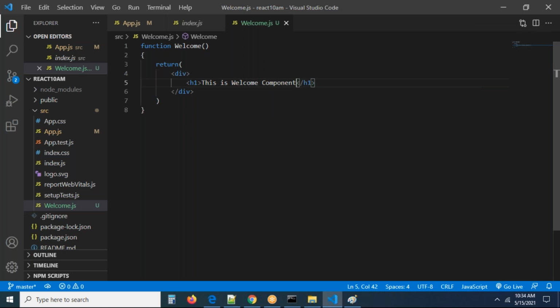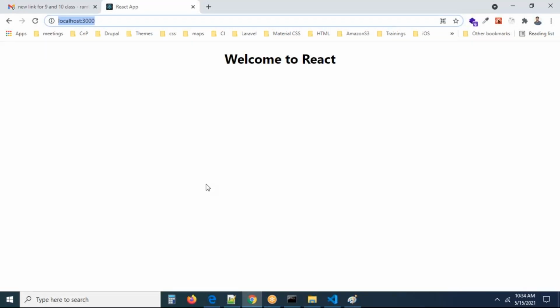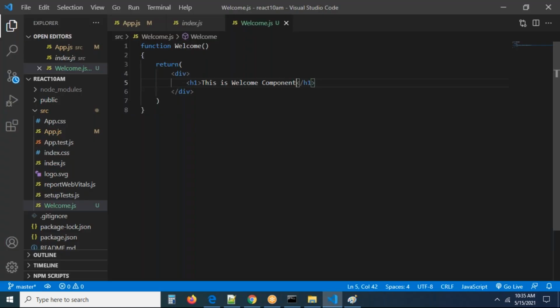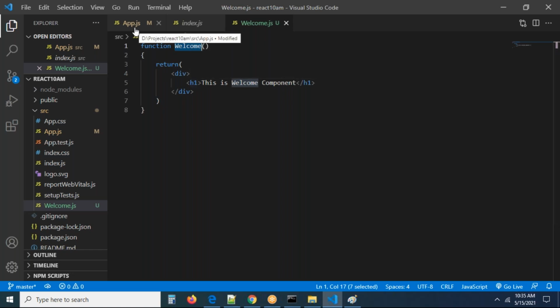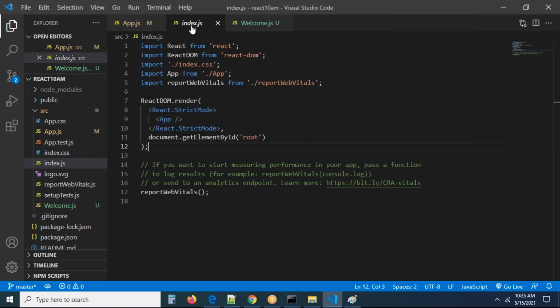You created it. That's all. Once a component is created, I'm refreshing the page. You can go and check this. Are you getting this welcome component anywhere? No, you are not getting it. Why are you not getting it? You are getting Welcome to React only. The component you created, that is created, but we have to load that component. So who is calling by default? index.js is loading, right? In index.js, you have to load that component now.